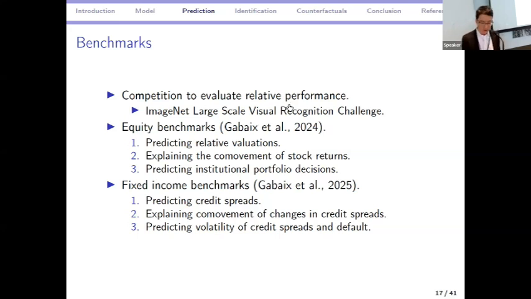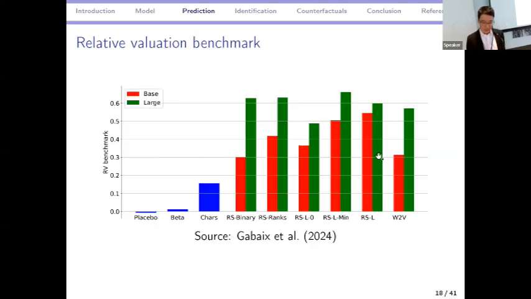There's a clear benchmark for success, like can you recognize a dog versus a cat, and which algorithms do the best job of doing so out of sample. That's exactly what we have in mind when we say benchmarks. So we have pictures like this in our asset embeddings paper where we show that relative to a model of characteristics to try to predict out of sample valuations, embeddings, the red bars, do much better. And different algorithms for extracting embeddings have different performance, but they uniformly beat characteristics. And if you use a larger dimensional model, the green bar, you can do even better.